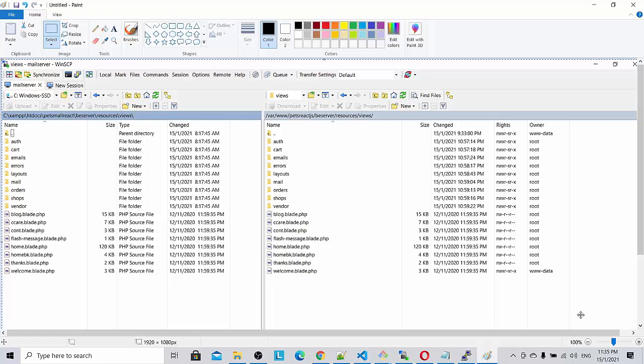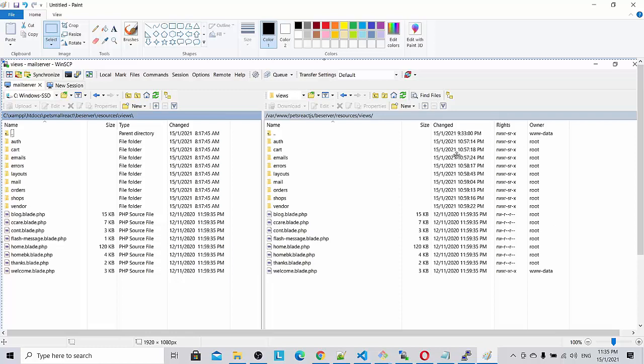So the issue lies here. Can you see this picture here? And my mouse? On the left side is my development machine, and on my right side is the Linux server, the VPS machine, and you can see here that the owner is root. Can you see that? But in some places we have